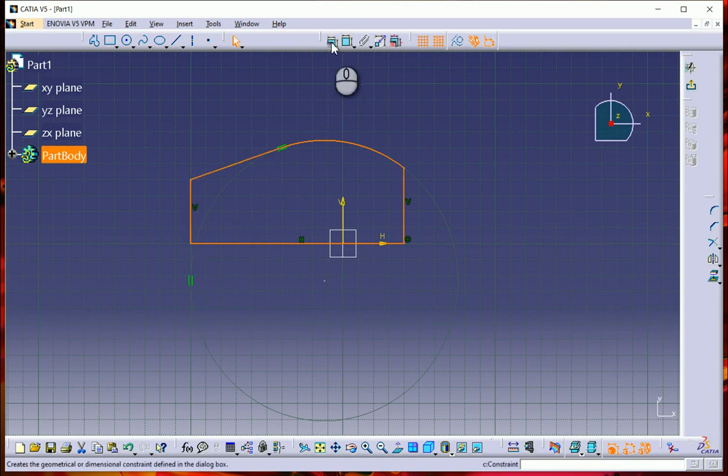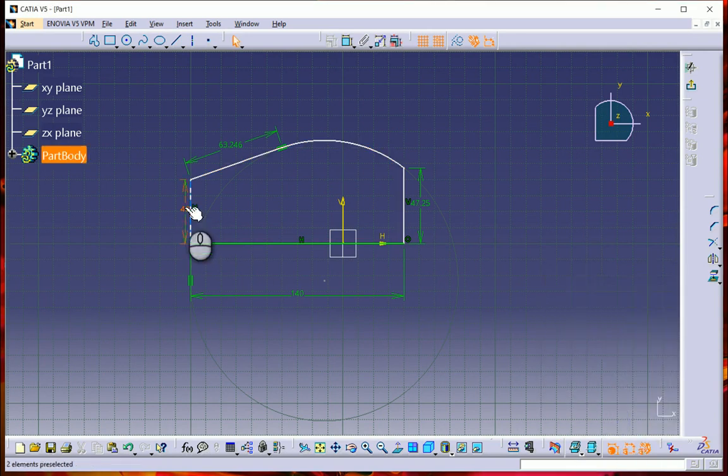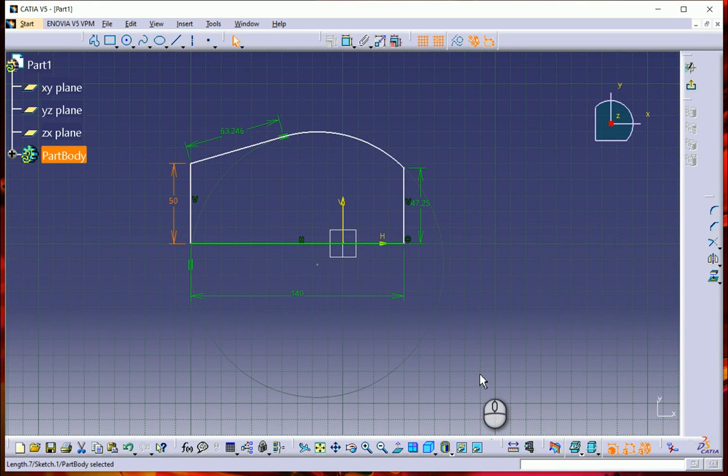I'll add constraints to it. Let's say length. So I've got all the dimensions. Now if I want to change this dimension, let's click OK. So at any point I can change it. See, I don't want it 40, I want it 50. So if I do that, the line changes to 50, right? So this is known as parametric modeling.